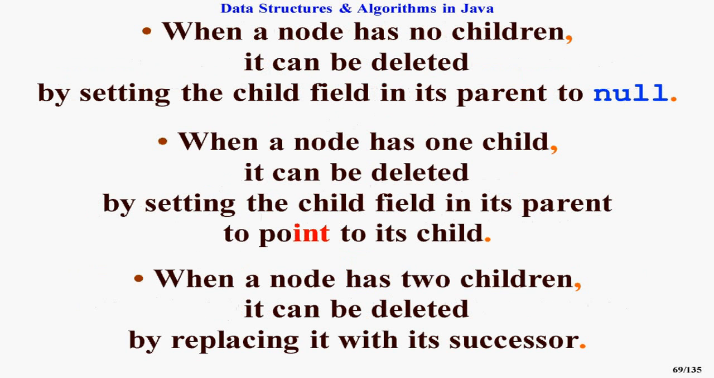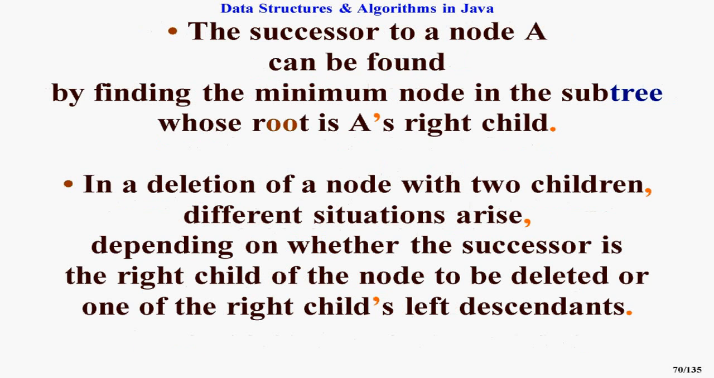When a node has no children, it can be deleted by setting the child field in its parent to null. When a node has one child, it can be deleted by setting the child field in its parent to point to its child. When a node has two children, it can be deleted by replacing it with its successor. The successor to a node A can be found by finding the minimum node in a subtree whose root is